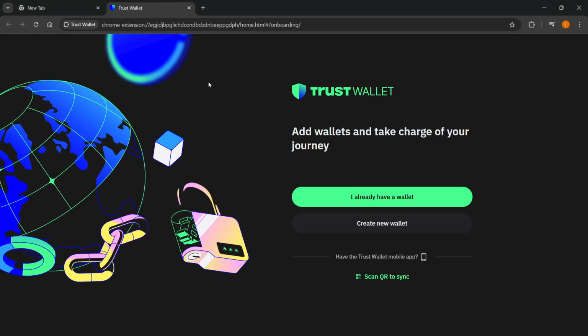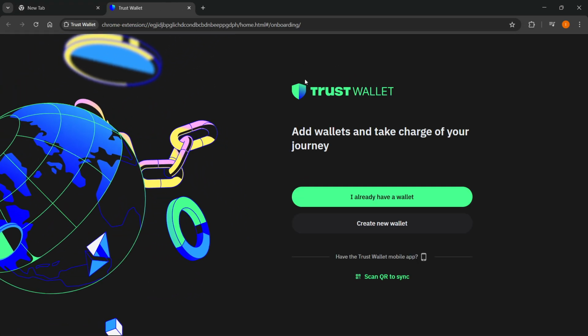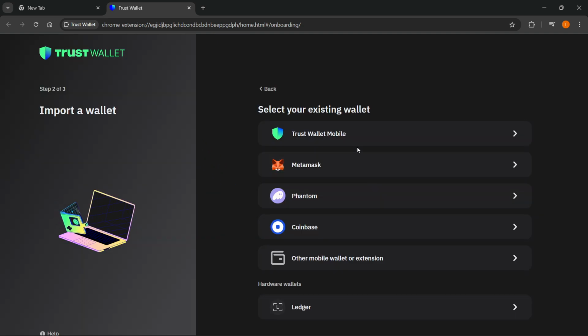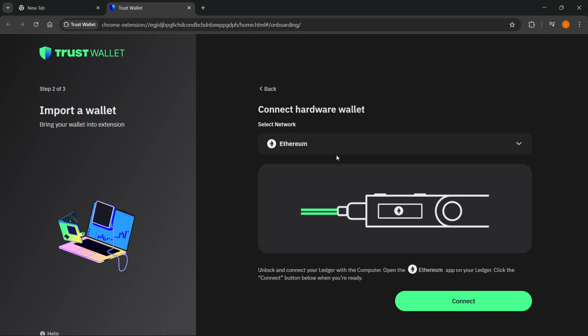What this is going to do is take you to a separate website where you basically have to click on I already have a wallet, and then from here at the very bottom, it says hardware wallets, and then you can see Ledger over here. Just click on the Ledger button, and then here you have to select the network, so either Ethereum or Bitcoin,